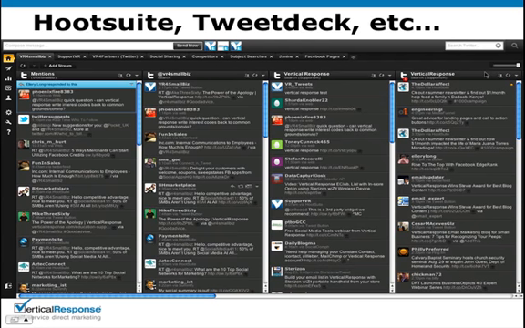Another nice feature of this, which I mentioned on the advantages of social tools, is having some sort of accountability and a way to track multiple owners. So you'll notice there's a note on the upper left here that this particular tweet I responded to, and it tagged it so that when other account holders hop into their Hootsuite, they'll see that I already dealt with that and that they don't need to.